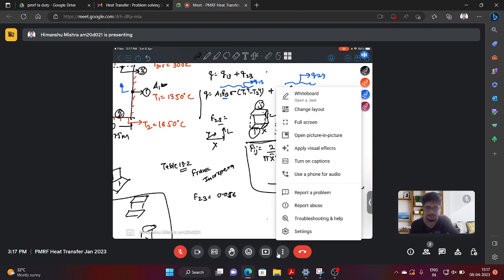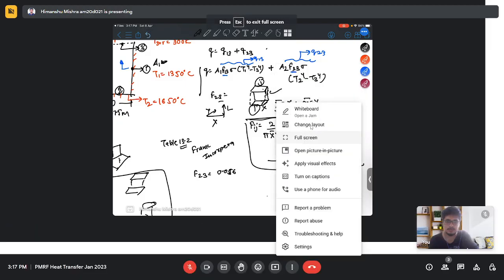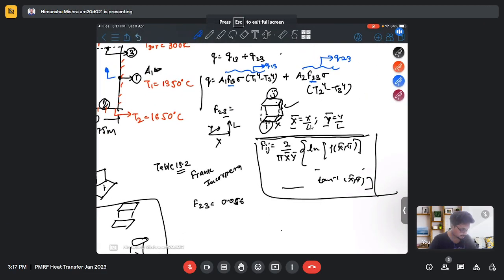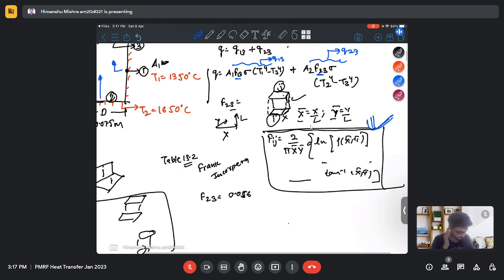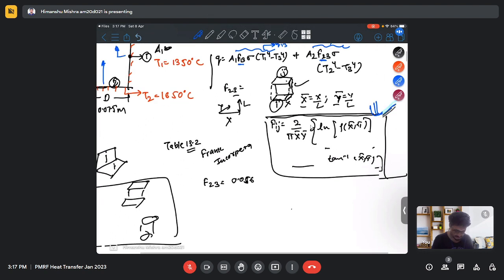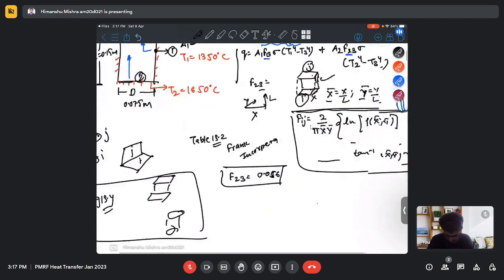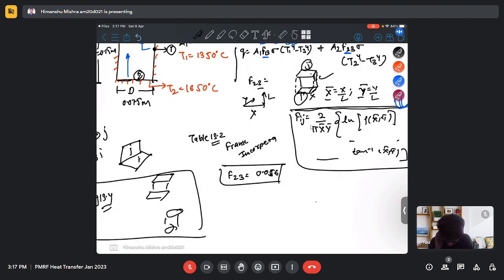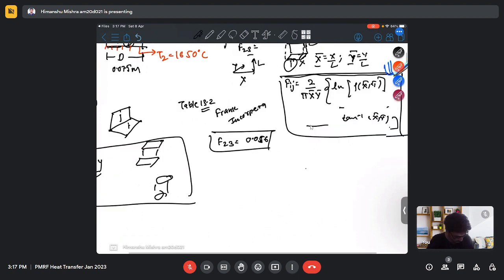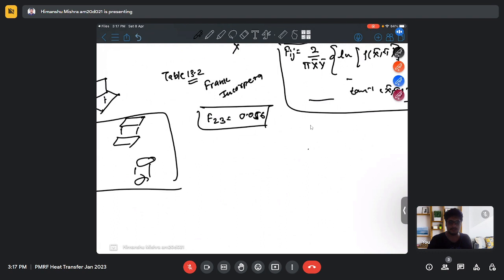So we have a shape factor F23 that we can obtain from the empirical correlation. I'm not writing the full expression because it is very big. So we have F23 from the empirical correlation, and we need to find the shape factor F21. To find F21, we can use the summation rule,